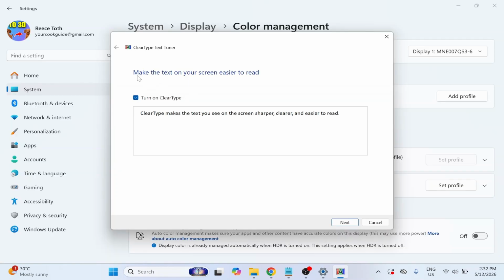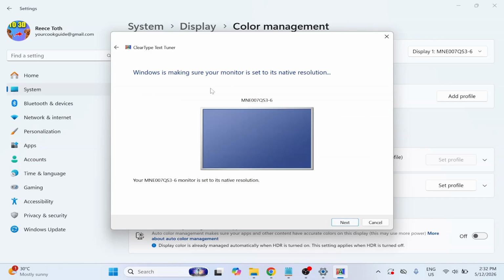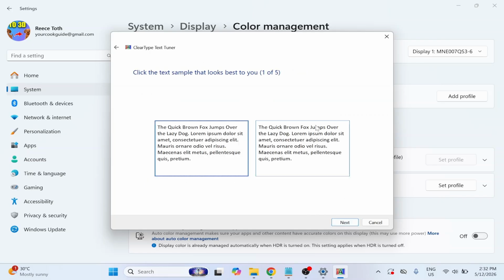And now finally you'll see this page that says make the text on your screen easier to read. Make sure Turn on ClearType is enabled, and then you can go through the steps by selecting the best options for you, and this will make sure that the text displayed on your Windows computer is basically optimized for the